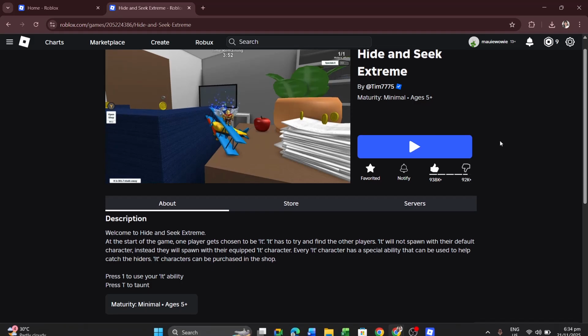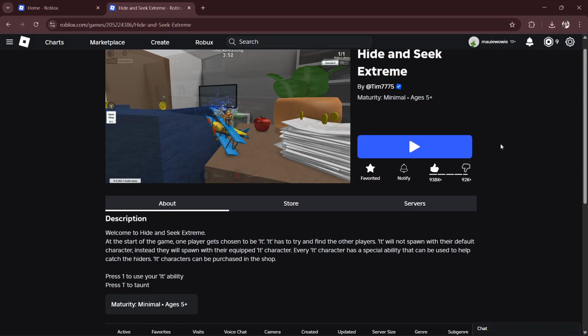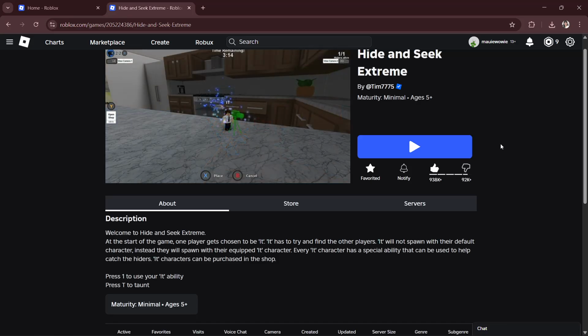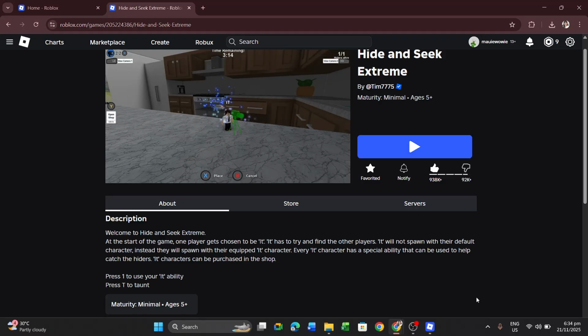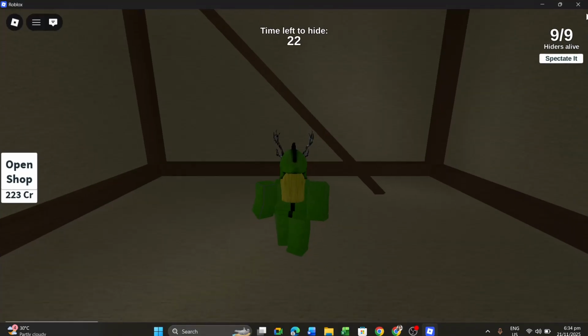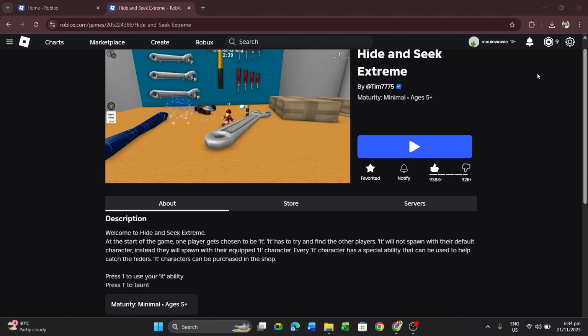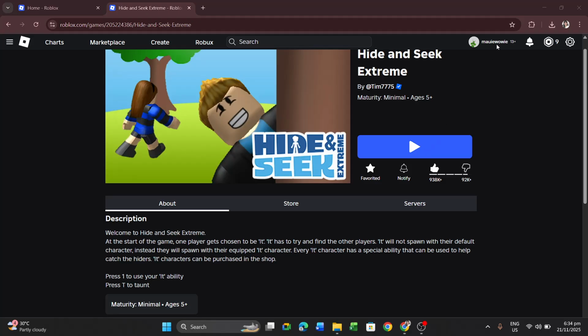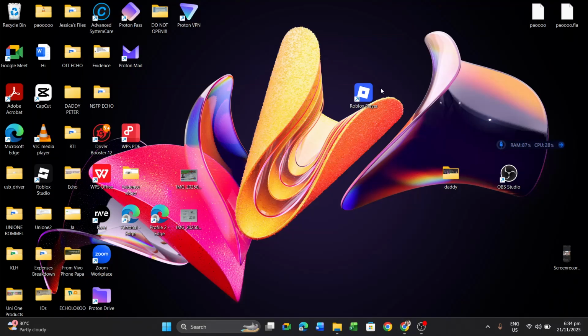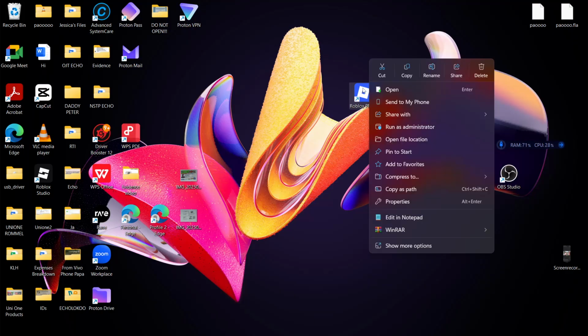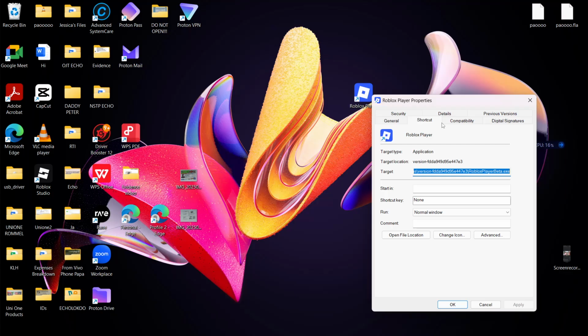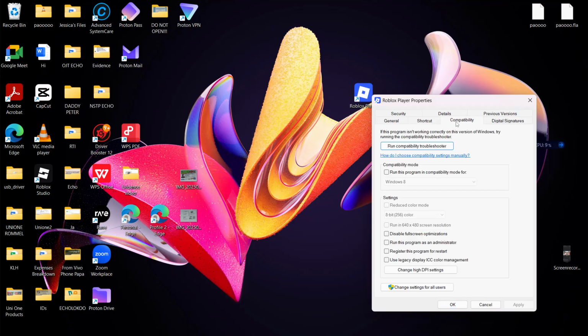Hi there, in this video, I'll give you a quick guide on how you can fix Roblox cursor going off your screen. So the first thing that you will have to do is close your Roblox or any and all running apps, and then what you will have to do is you will click your Roblox player, which is right here, and then you will click properties, and you will go to compatibility section, and then you will click disable full screen